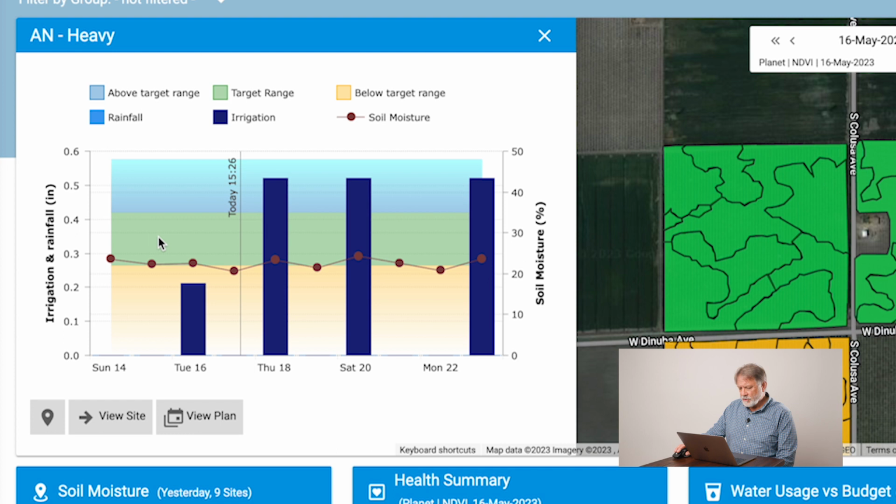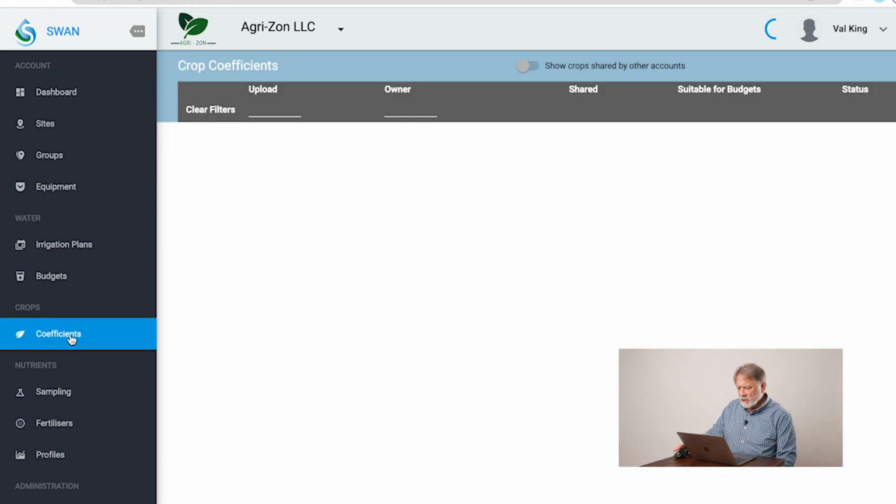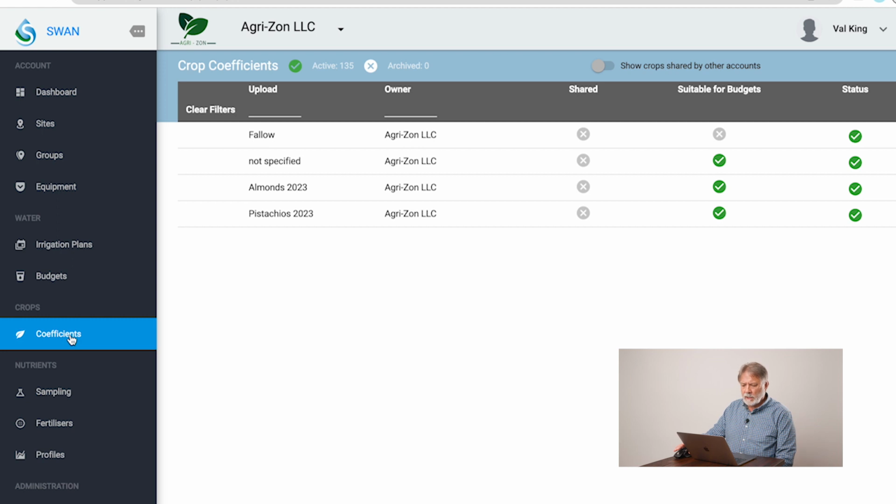In this particular case, the moisture band, for this particular site, they're targeting the band to be at the lower level. And we'll get into more detail on that in just a moment. One of the key things about SWAN is that the scheduling is based on a custom crop coefficient specific to that particular block, that particular variety, and those particular farming practices. So if we click here on this coefficient for the pistachios,